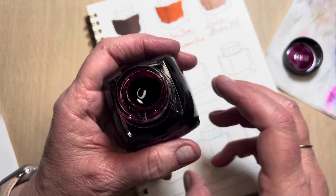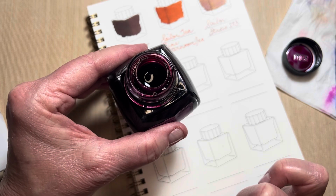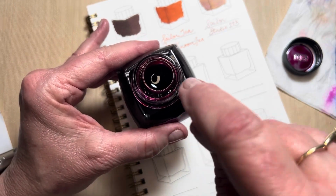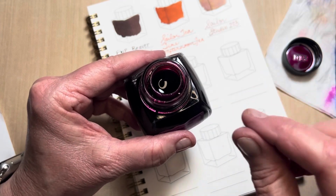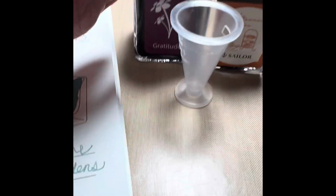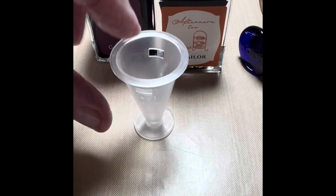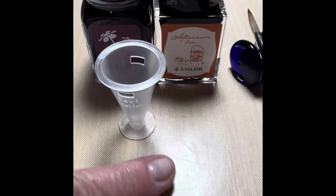So if you've seen the little ink misers, and I have some here, not readily available on my desk, the little ink misers are an insert or a well that's a cone shape, and you dip your ink into it and it can fill. So here's the ink miser I was talking about. You can use this tabletop because it does have a bottom stand. They have some that are larger with a bigger base, but as long as it fits inside the bottle,